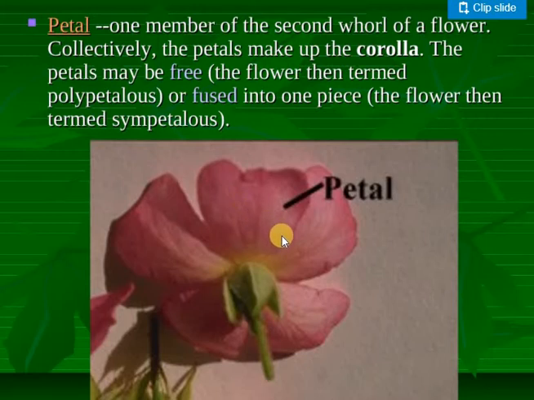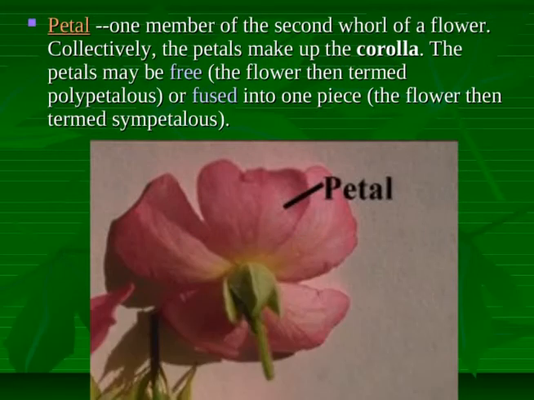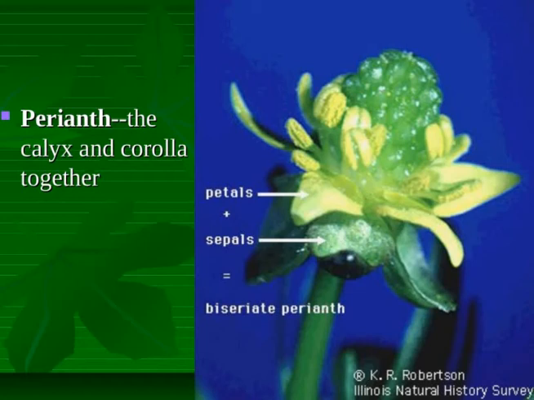In sepals also, if the sepals are free, that is called polysepalous, and if the sepals are united, it is called gamosepalous. So there are polysepalous and gamosepalous conditions. And if the calyx and corolla are not distinguished, we cannot differentiate between calyx and corolla, the condition is called perianth. It is not defined as either calyx or corolla, but as perianth.